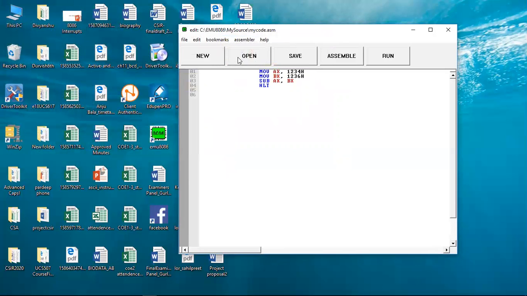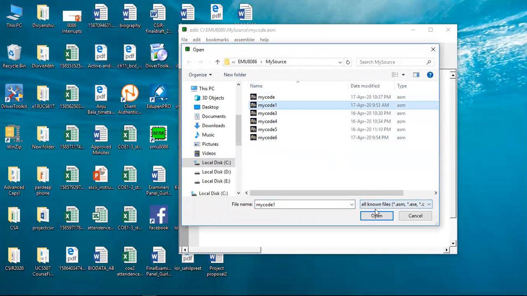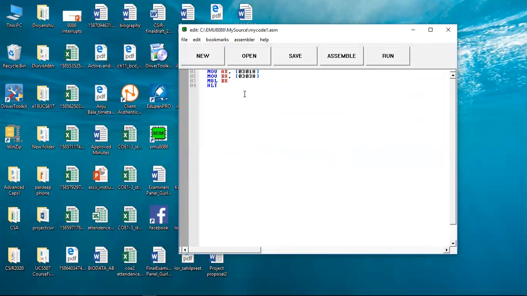Then we are going to the next example. Suppose the next example is a simple code I have written. It is a very good example of how we can write on a memory location. Now in this code, what does it mean? Now the next instruction is the MUL instruction. For every arithmetic instruction, the result is stored into the AX register. By default, when you are doing any operation like addition, multiplication, or subtraction, the result is stored into the A register.